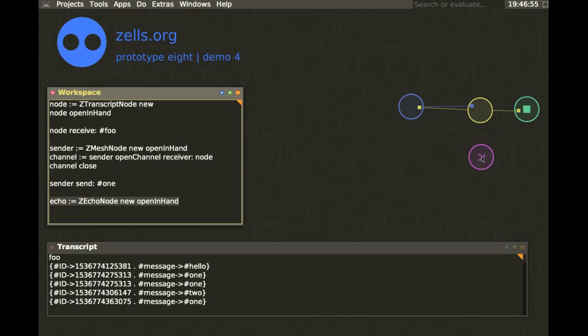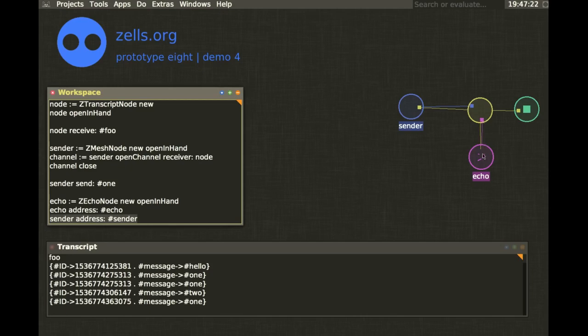To know who to send a message to, the echo node needs an address. And so the echo node knows who to reply to, the sender also needs an address. Now if I connect echo to the mesh in both directions,